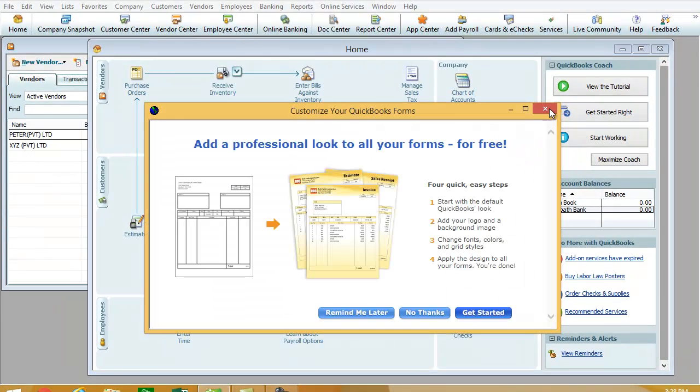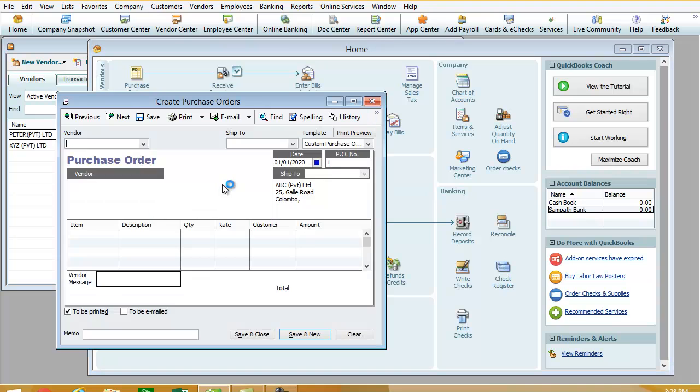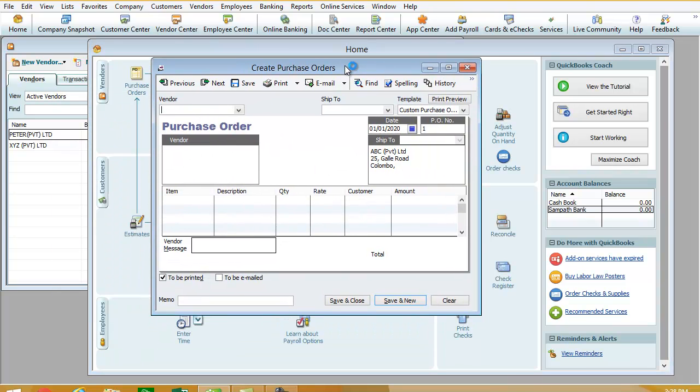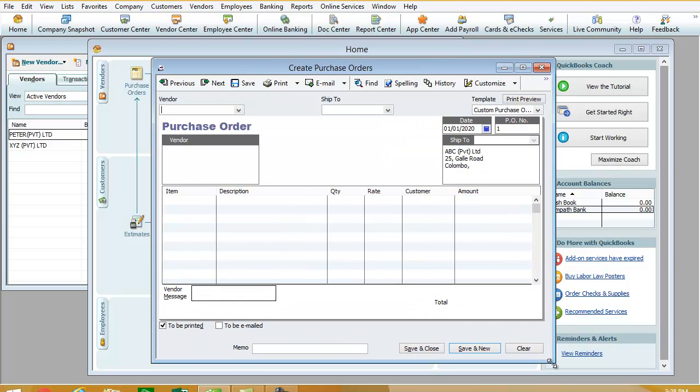If we click, we get a new window called create purchase order. In this new window, firstly we want to select the supplier from whom we are going to buy products. For example, Peter Private Limited is our main supplier.